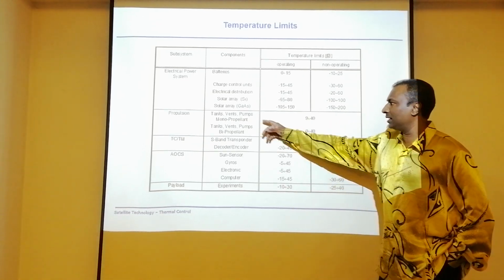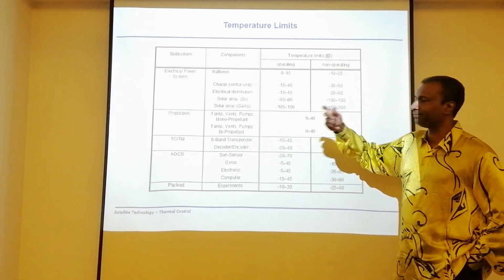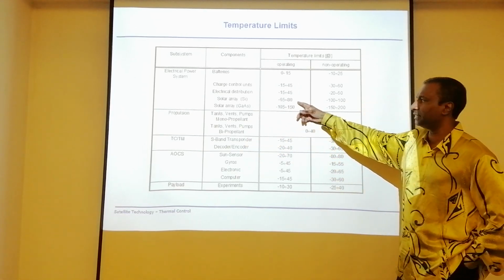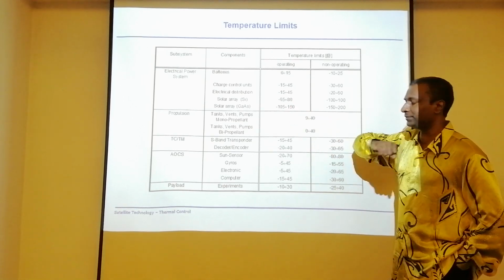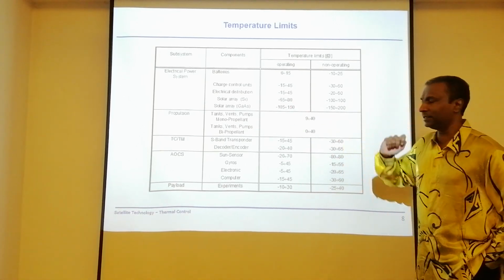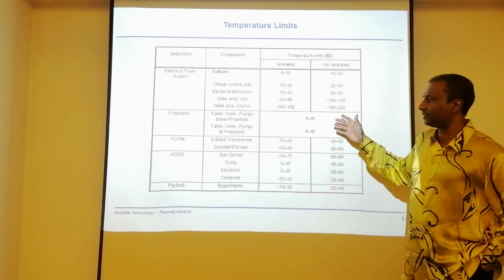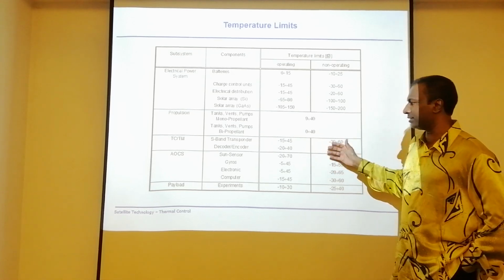Now, solar array. Gallium arsenide is one of those photocells that you have, and this is silicon arrays. Silicon arrays are basically smaller compared to gallium arsenide type of photocells. Okay, then you have your propulsion system, and you have telecommand, telemetry, all the transponders. You have